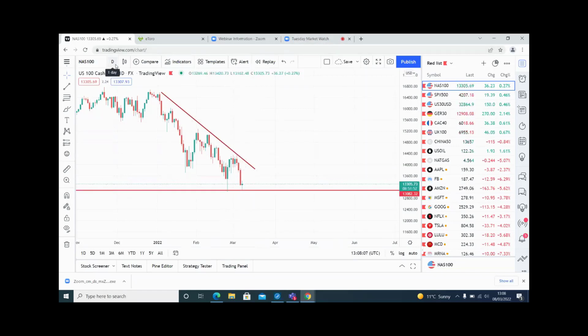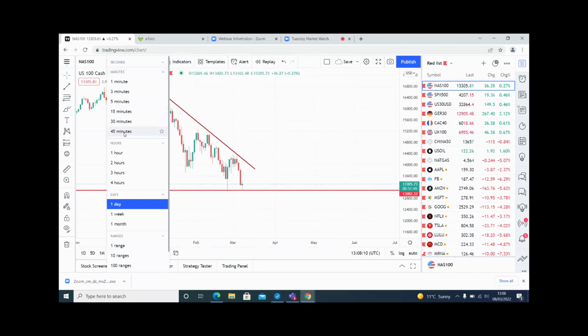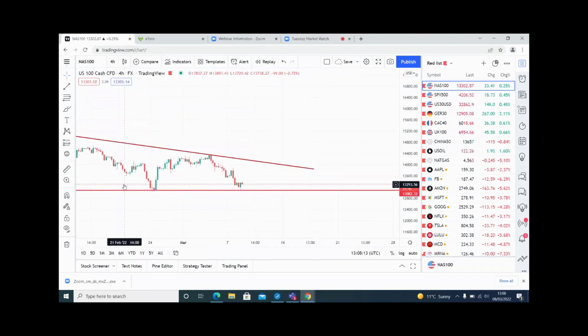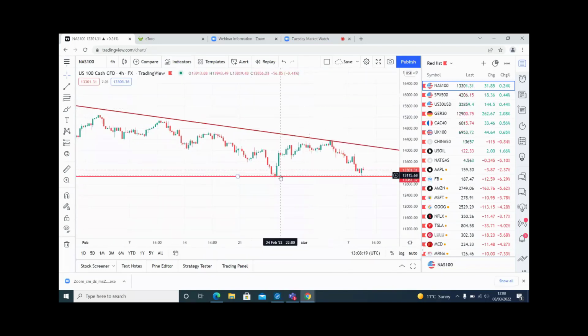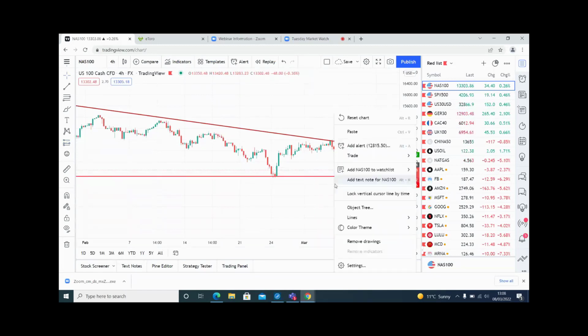So we have to drop down to the smaller time frame. And if we drop down to the 4-hour, we now can see the opportunity that we were looking at. We can see that we had the floor there, it's coming down, and it's now hit the floor again. And the question is, do we think it's going to hit the floor and bounce back up to, say, the trend line and then drop again, or break, or do we expect it to continue going? Now, if you were looking to take that long position, the entry will be above that green bar there, and the stop loss would be below it.